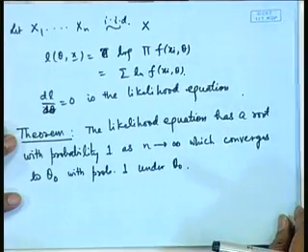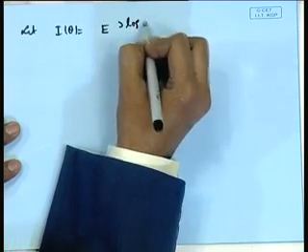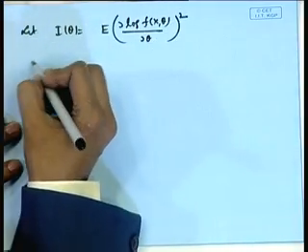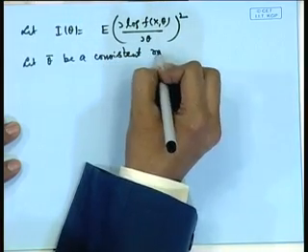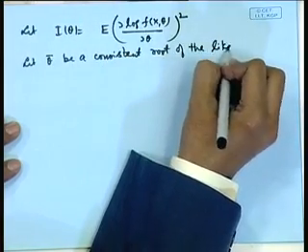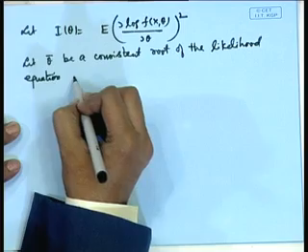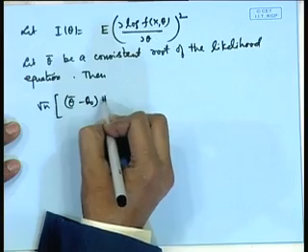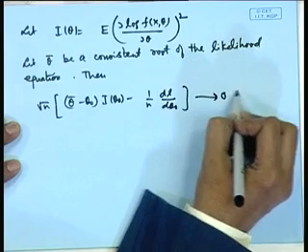The second thing is that the asymptotic distribution is also normal. So, if I define say I(theta) as expectation of (del log f(x, theta) by del theta) whole square, which is actually called the information, let theta bar be a consistent root of the likelihood equation, then so we are continuing with those assumptions. The asymptotic distribution of